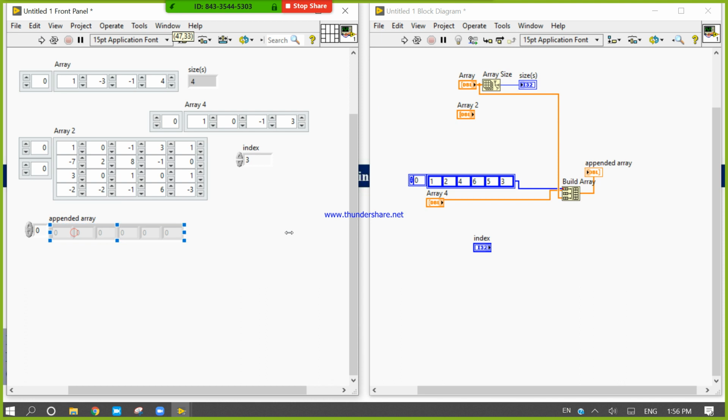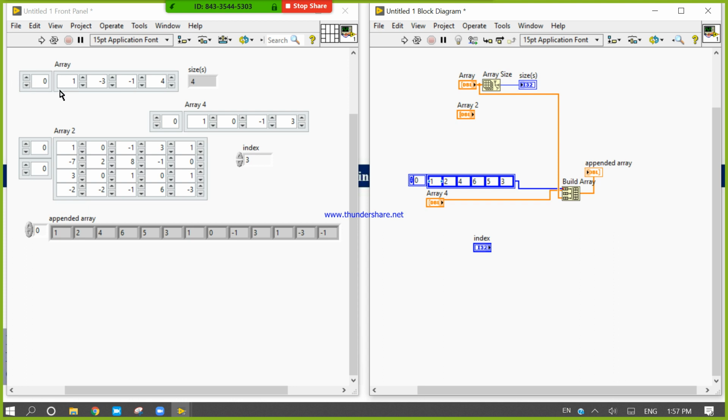Look here, the first six elements are 1 2 4 6 5 3.